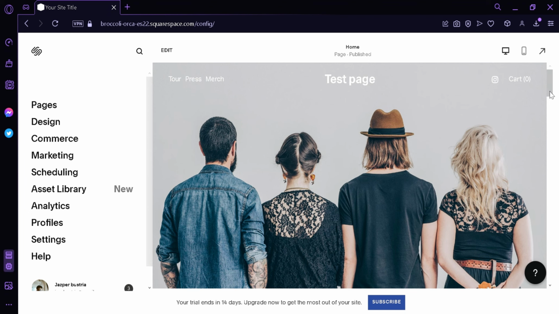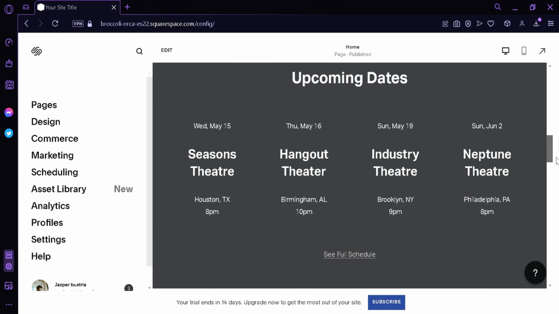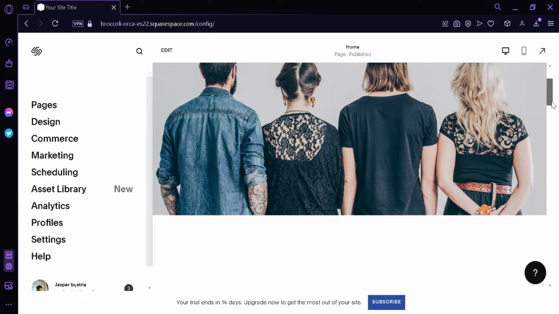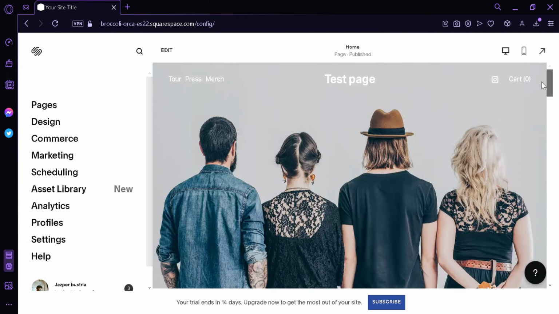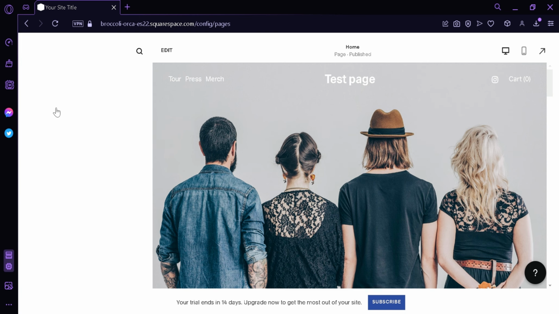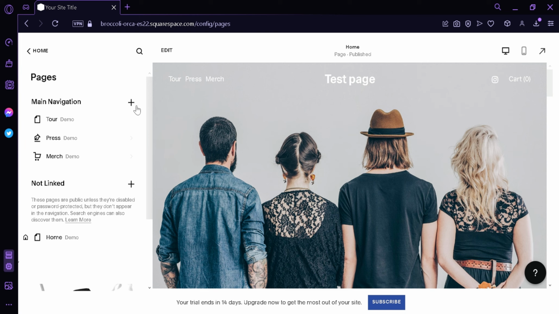Now, as you can see, this is our page right now. As you noticed earlier, we did not pick a blog specific website template. We just simply chose from the popular design. Now what we're going to do to add a blog into our web page is we're simply going to look here on the left. Over here on the left, we have the pages, design, commerce, marketing, schedule, asset library, analytics, profile, settings, and help. We're going to click on the pages, and then we would be redirected to the options